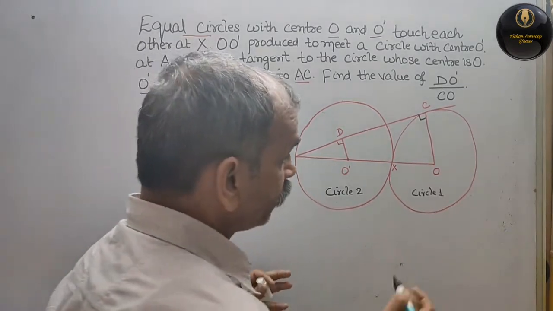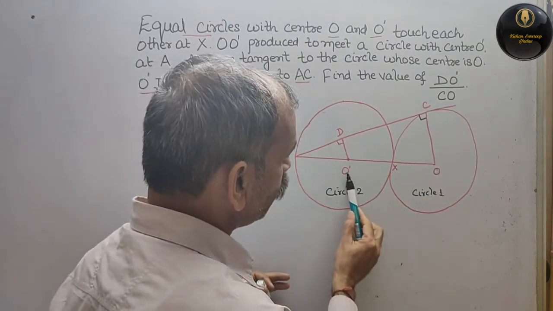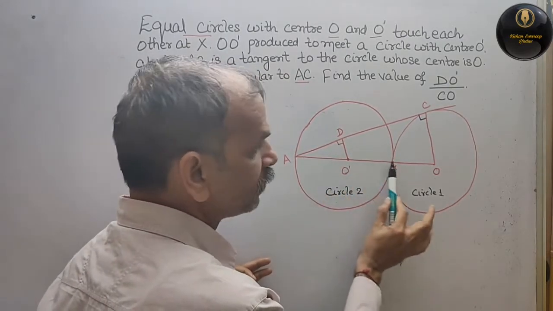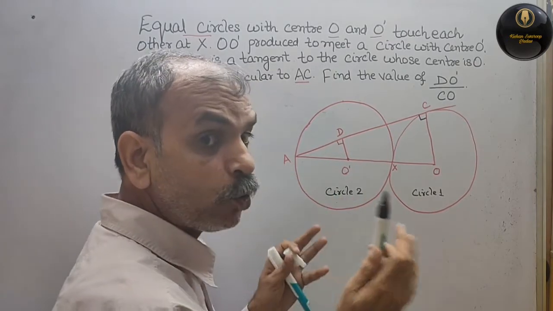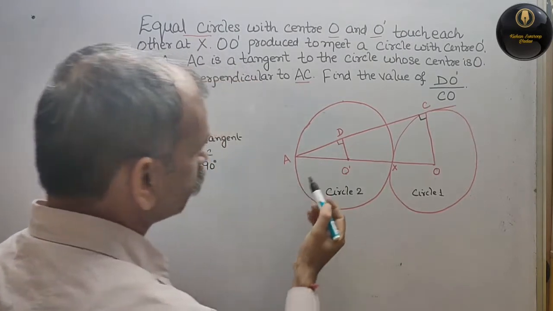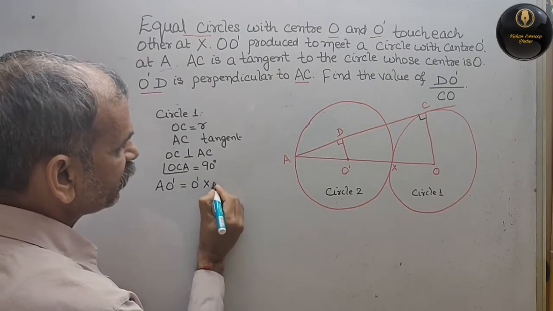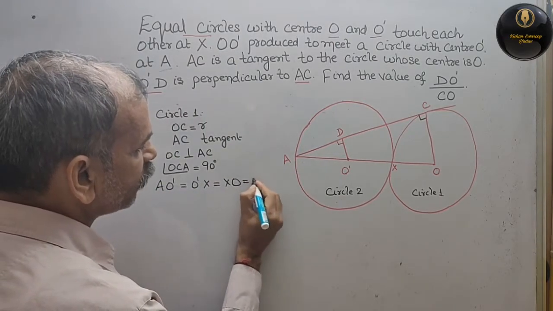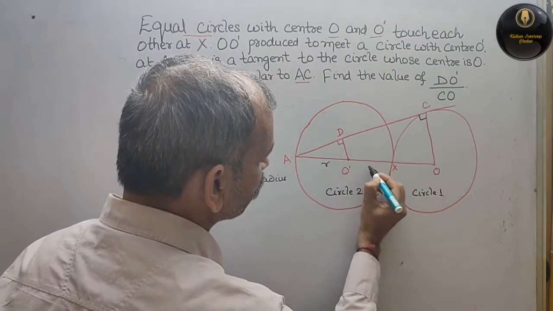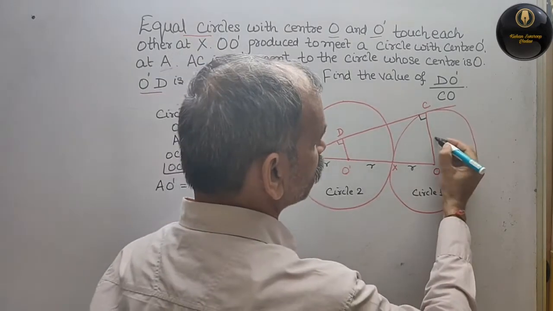Now see now. If OX is the radius, you can see here O dash X is also radius. But they have given this, so this is your diameter. That means it's a 2R. So now we can say that OO dash is equal to O dash X is equal to XO, that is equal to your radius. This is R, this is also R, and this is also R. And this is also R, we can say.